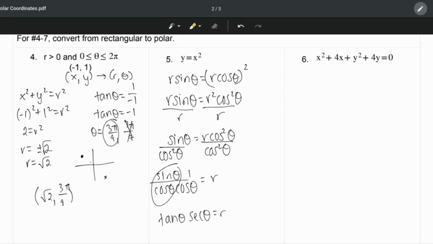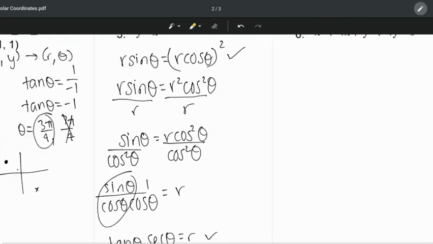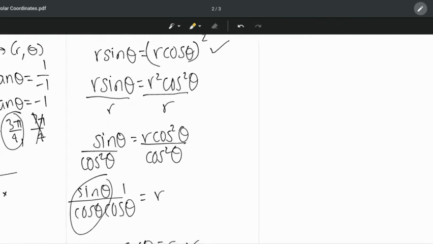Now, again, technically, we've already converted it to polar once we've gotten it to here, but to be able to graph in polar, which we're going to want to do later, you would want to get it into this r equals form to be able to graph it on your calculator. So for this next one, what we're going to need to do is, again, change our x's and y's into r's